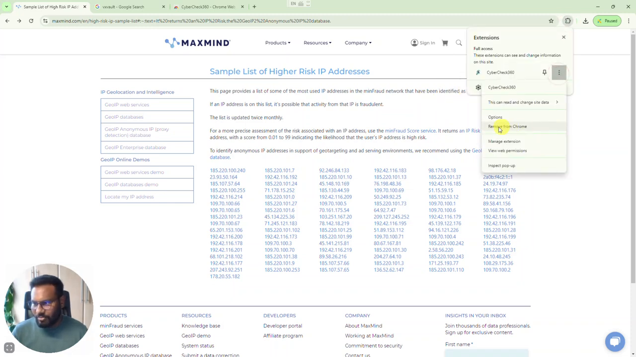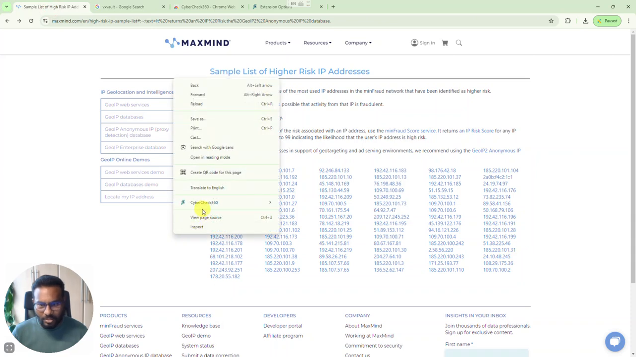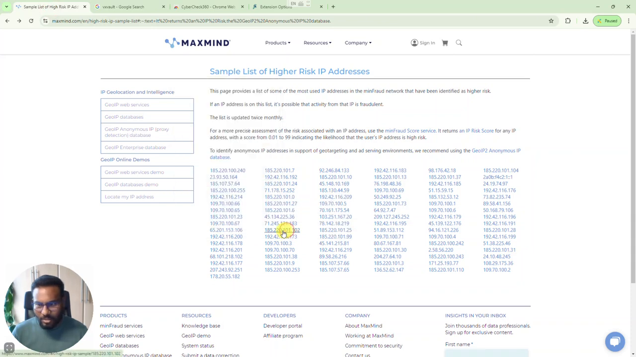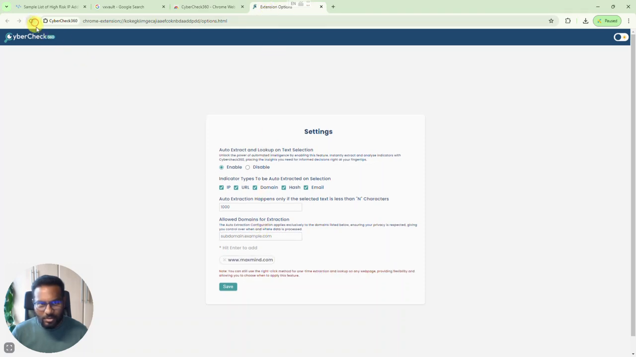Let's go and have a look at the extension options. To do that, you click on the extensions icon, then the three dots, and then go to options. And from here you see that, oh, that's tricky. Let me try to right click and add to auto extraction again. Okay, maybe the page was not reloaded. Now you see that maxmind.com, which we added, is part of the allowed domains for